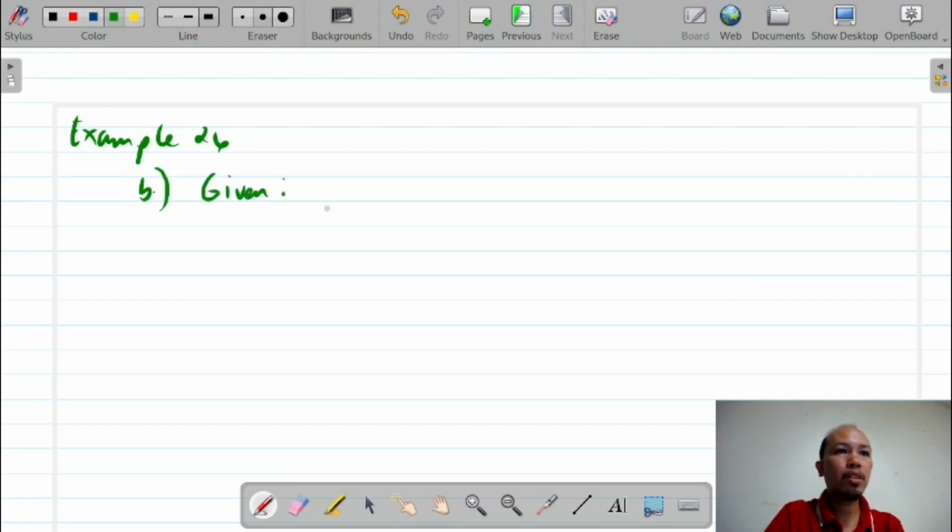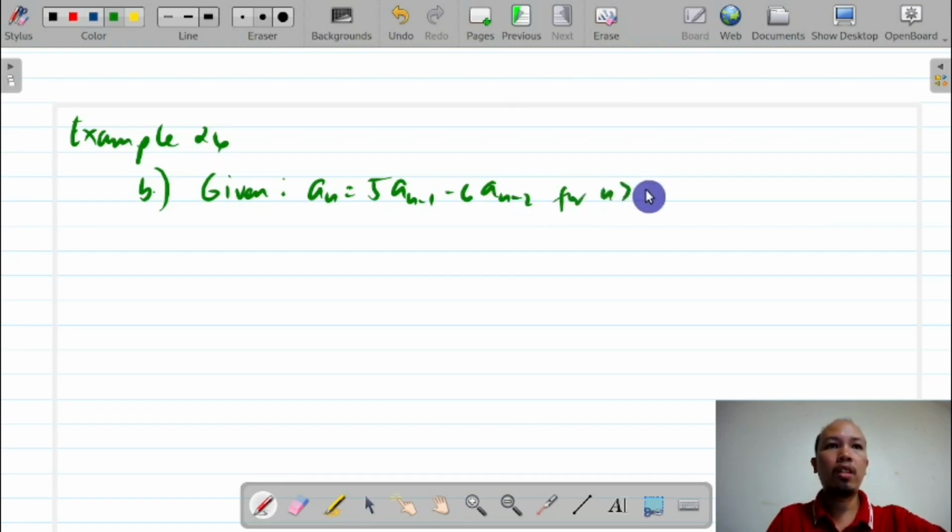So let's copy first the given. The given is a sub n is equal to 5 a sub n minus 1 minus 6 a sub n minus 2 for n greater than 1 with a sub 0 is equal to 0 and a sub 1 is equal to 1. Okay,